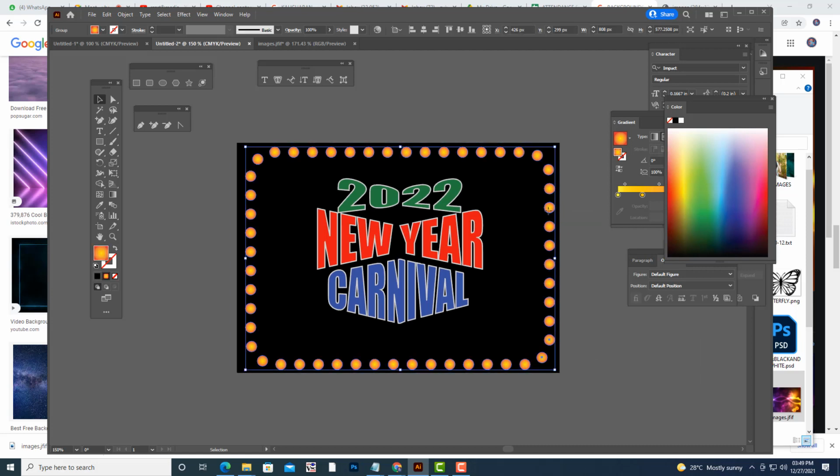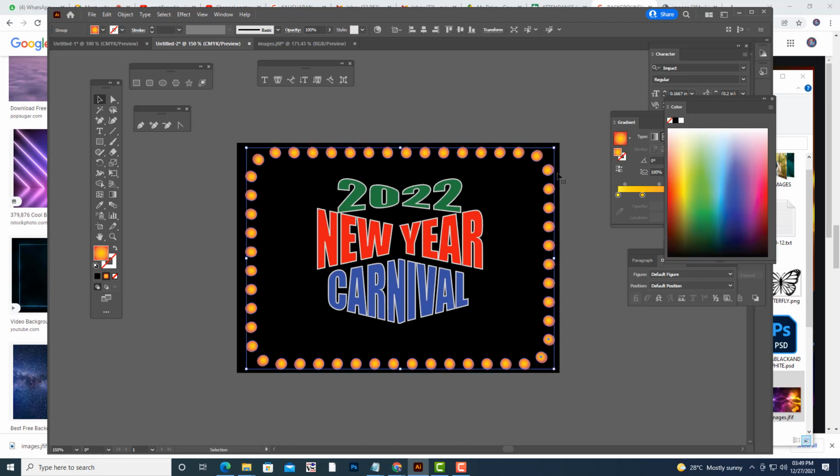To make it more interesting, we can take a duplicate of the border, Control C, Control F, and keep it like this.